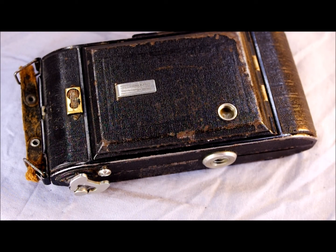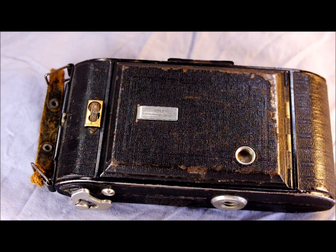So a few things not to do with this camera. Obviously, don't touch the shutter. If you're touching the shutter, you've taken the lenses off, so try to avoid that if at all possible. It is an old and fragile camera, so don't open it too quickly and treat it with an extra amount of care, because they are starting to get a little bit fragile, even though they are still good photo takers and good shooting cameras. And also, don't store it in your car, because the heat and the cold will ruin